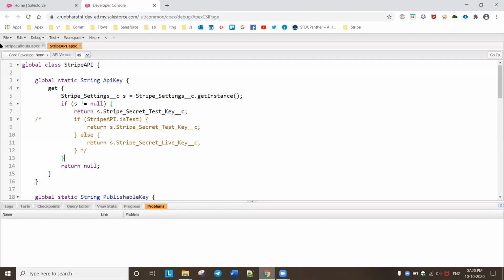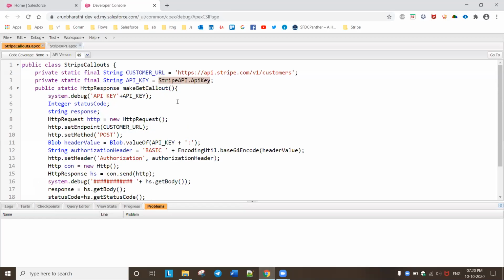This is the code I have got from that link you have provided. Basically, this is a public class. Stripe callout we are calling.